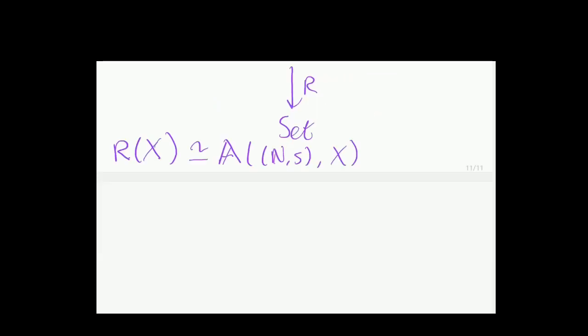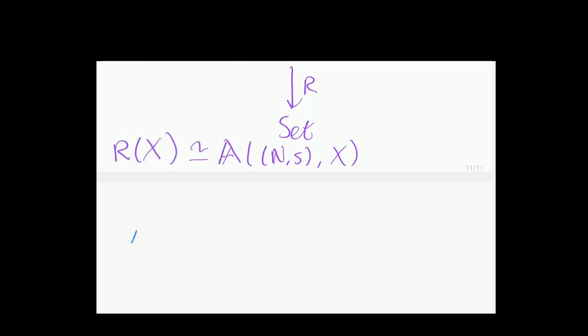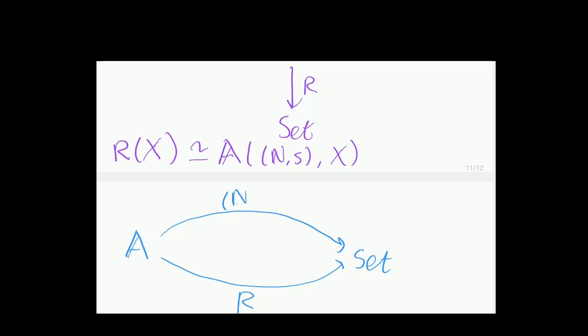Anyway, the point here is that in this case where scripty A is our category of dynamical systems, and we have this functor R, which is our forgetful functor that goes into Set, this functor R is representable. And in particular, if we pick this object of our category of dynamical systems, which is this natural numbers dynamical system,